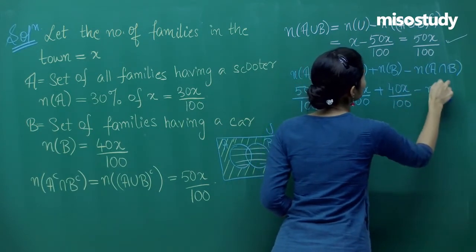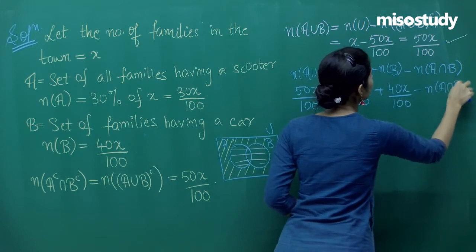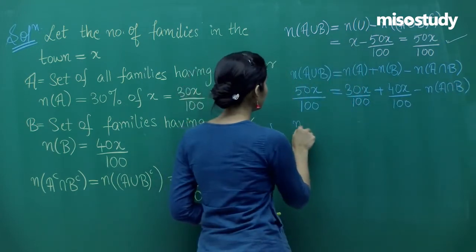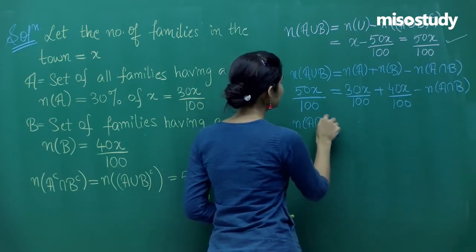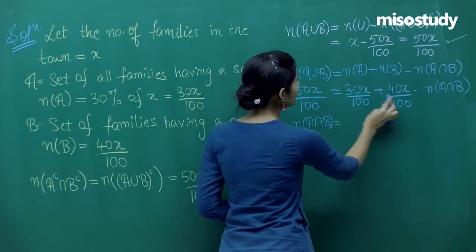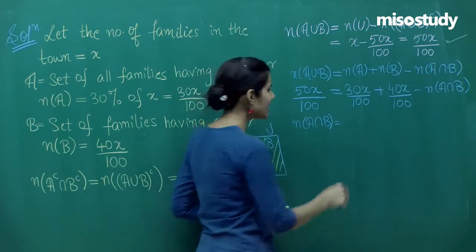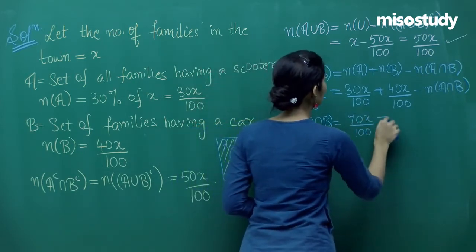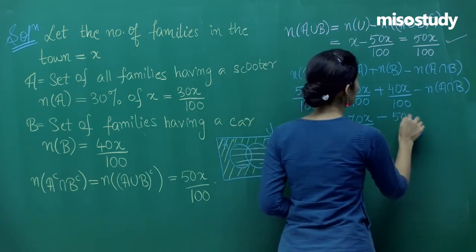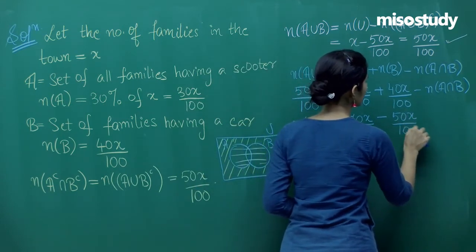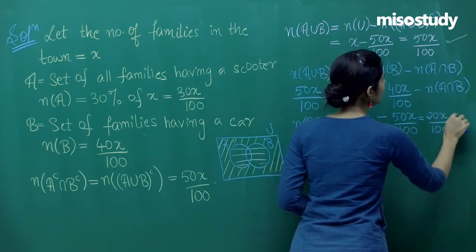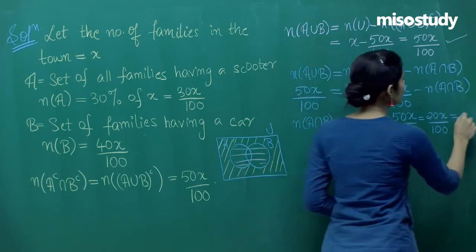And this is the quantity that we do not know. So in order to know this, what do we do? The number of members in A intersection B is 40 plus 30, which is 70x upon 100, minus 50x upon 100, which is 20x upon 100, which is nothing but 20%